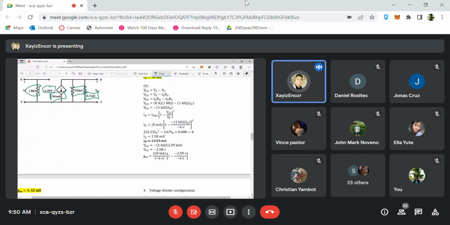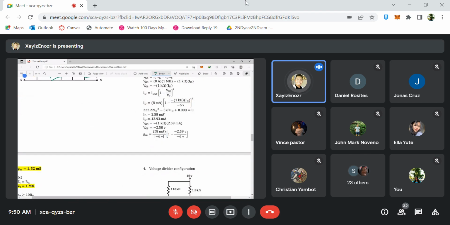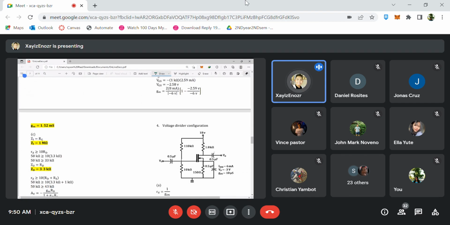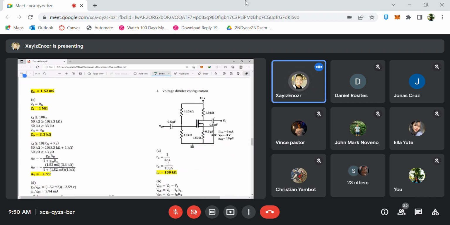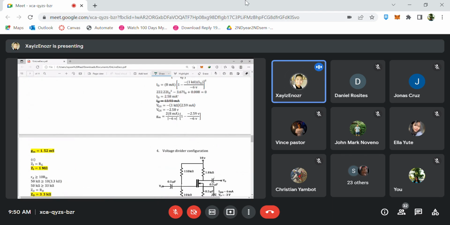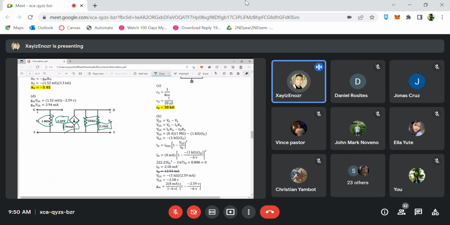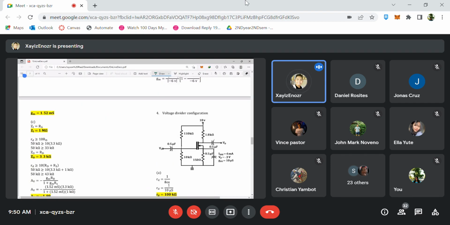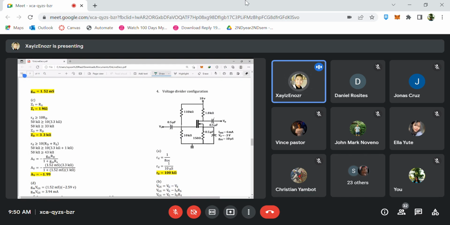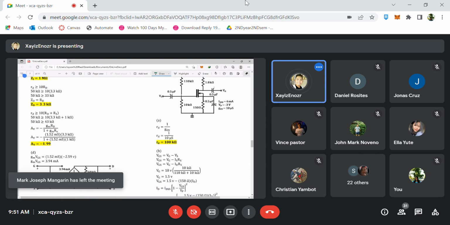So sa DC analysis, since pareho silang kinoconsider, nakuha din ditong GM is 1.52. So dito tayo ngayon magkakatalon sa AC analysis kasi kinoconsider natin si RS. Okay? So, tingnan natin ano nangyari. So input natin 1 mega ohms. Tingnan natin yung RD, yung condition na met naman. So we can just simply out impedance kung ano yung drain resistance, 3.3. So ang nagkatalo is dun ngayon sa